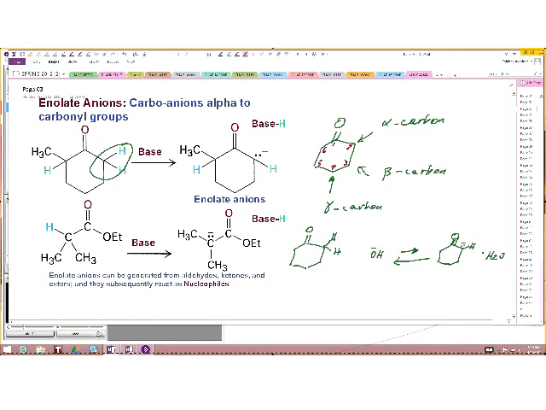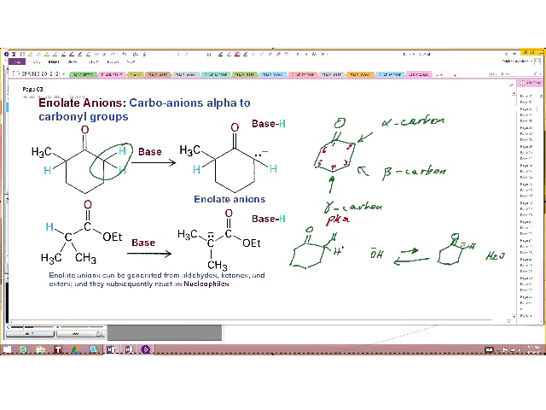Plus water. Okay, if you take a look at this here, let us look at the pKa value, because we want to say that these alpha hydrogens are acidic. We want to say they are acidic. If we look at the pKa value for all of the hydrogens in this molecule,